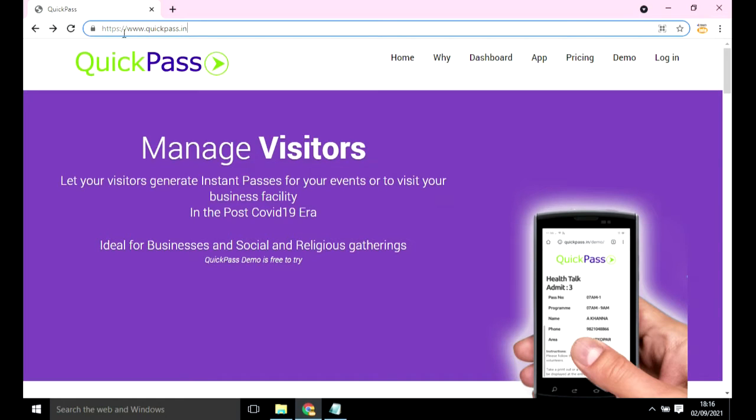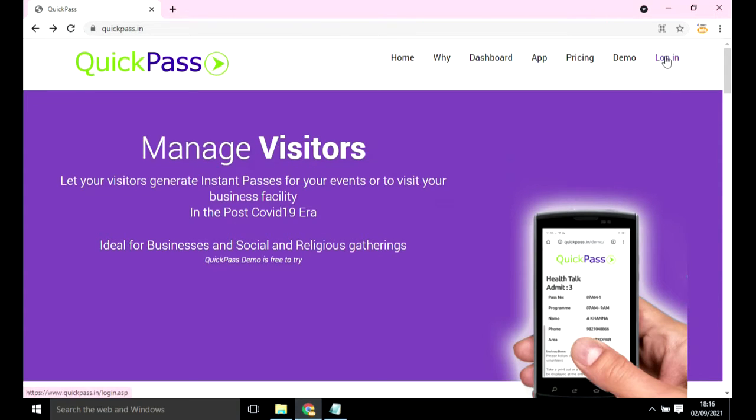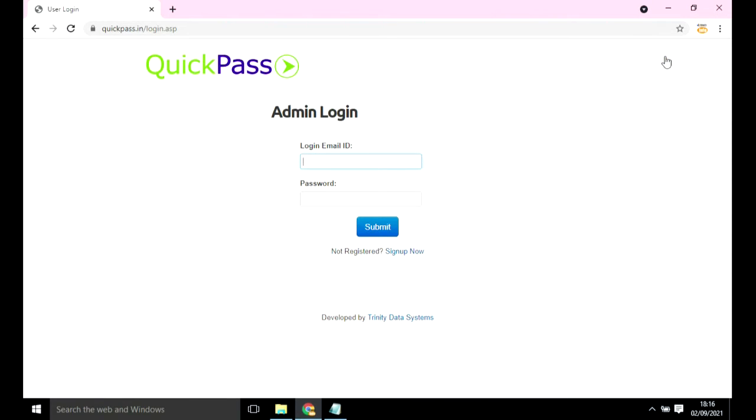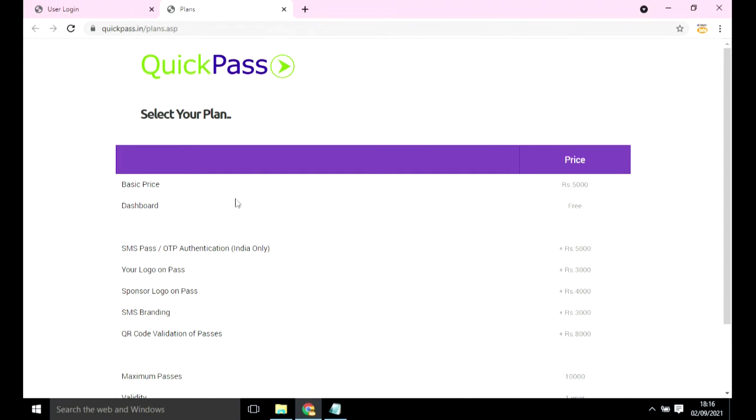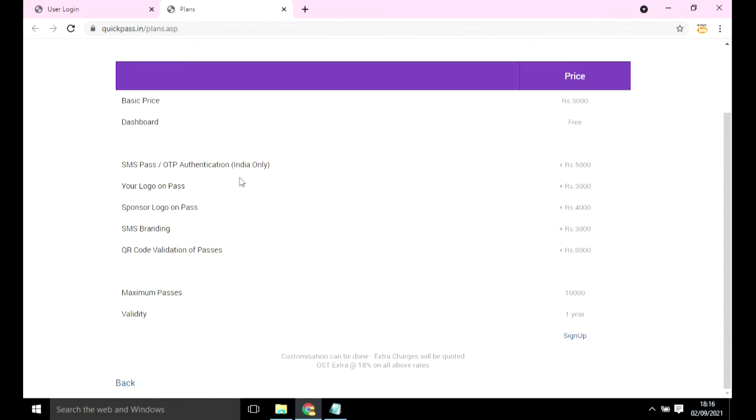This is the website of QuickPass, www.quickpass.in, and once you come here, you have this login. Click on login. Now we don't have any login ID or password, you have to generate. So I come here, sign up now, and this brings me to a page where I have various pricing plans. I'll ignore them for now. You can go through the list of various features that are there. I click on sign up